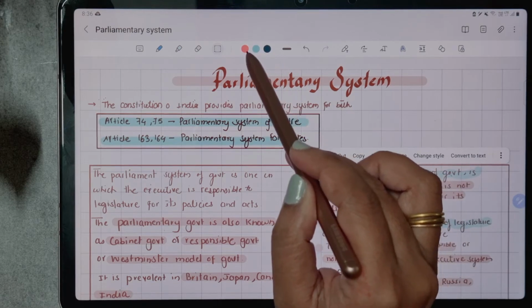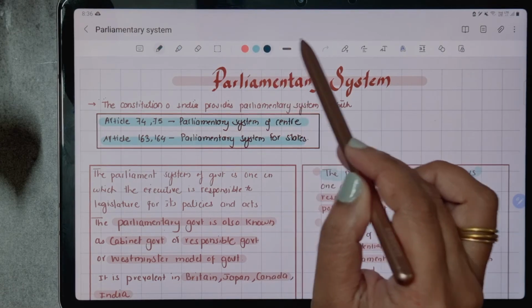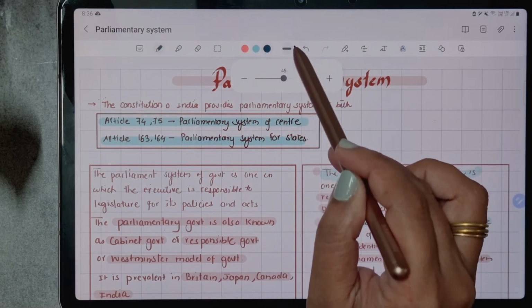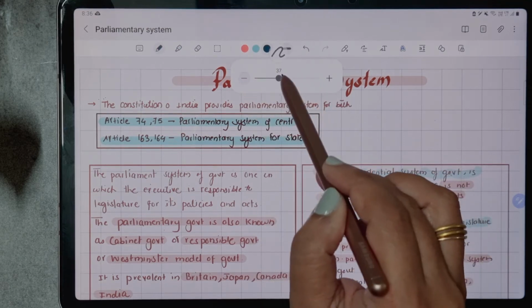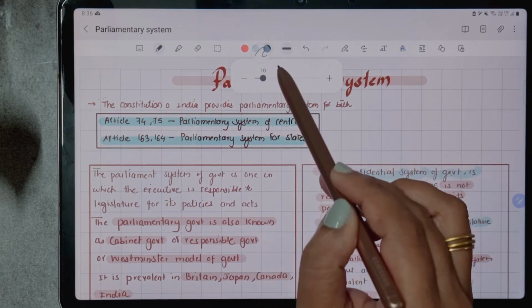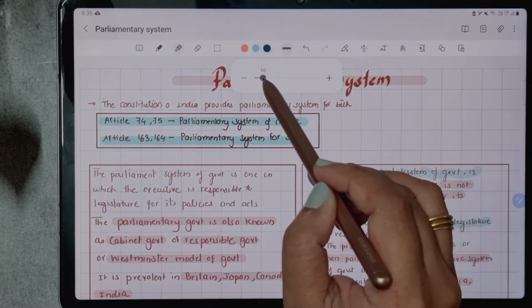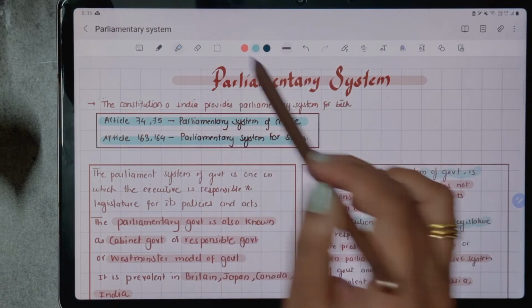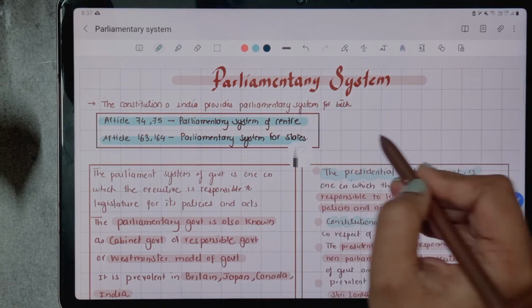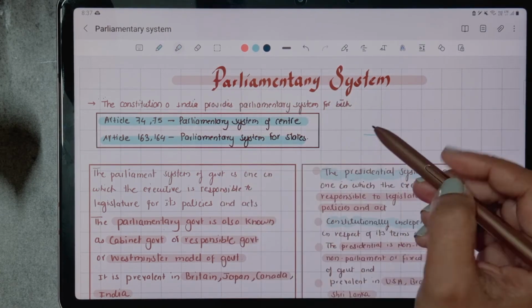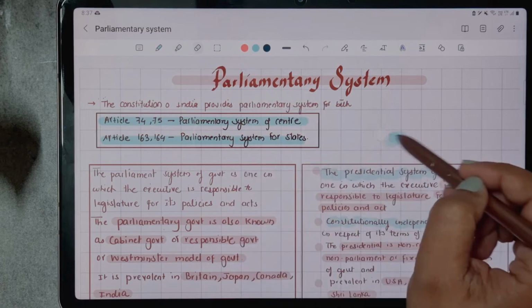Number 11. Samsung Note provides quick access to 3 types of color for pen as well as highlighter. If you don't choose any kind of color for your pen and highlighter, then you can simply choose any one of the colors for your pen and highlighters. There is also a pen size toolbar near the pen color. With this toolbar, you can increase or decrease the size of the pen.